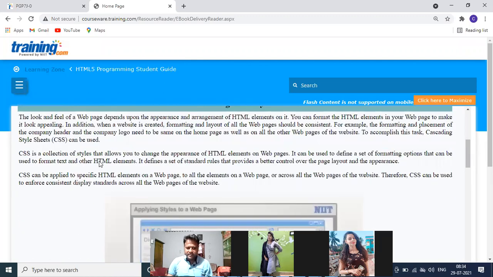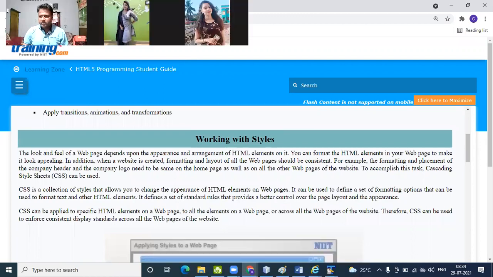So what is CSS? CSS is about the look and feel of the website. When the website is non-appealing to the user, or is not giving the best appearance, in that sector we use CSS.